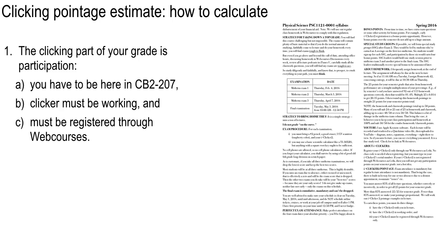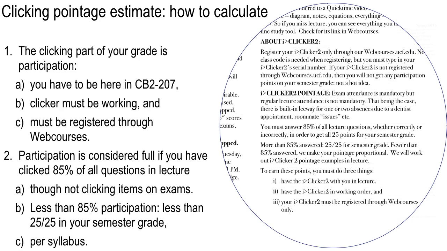But you've got to do this stuff. These are the basic specs for it. And here's a close-up of it. Now, the participation, the 85% mark is what we consider full participation. They just told me in the physics department, just make it 85%. And so that gives you a little bit of leeway to occasionally miss class or misplace your clicker, but not a whole lot. I mean, you still have to be here for 85% of the questions. Now, the problem is I don't ask the same number of questions every day.